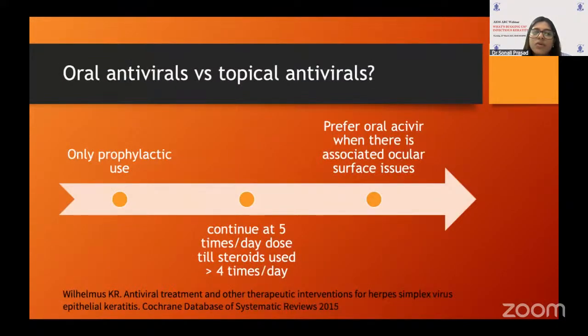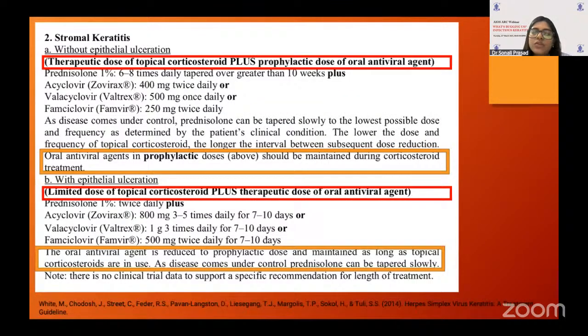So in cases of stromal keratitis, antivirals only have a prophylactic use. Oral antivirals can be used over topical antivirals only when there are surface ocular issues, and a dose of at least 5 times per day should be used when the steroid is being used more than 4 times. This was one of the summaries from the evidence-based study published in the AAO by the Harvard study, and